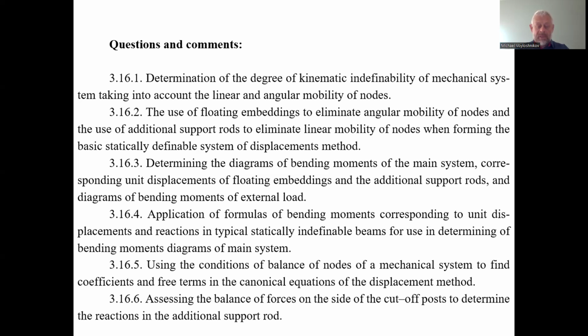So we have to consider the derivative interdependence of the diagrams of the bending moments and the shearing forces of